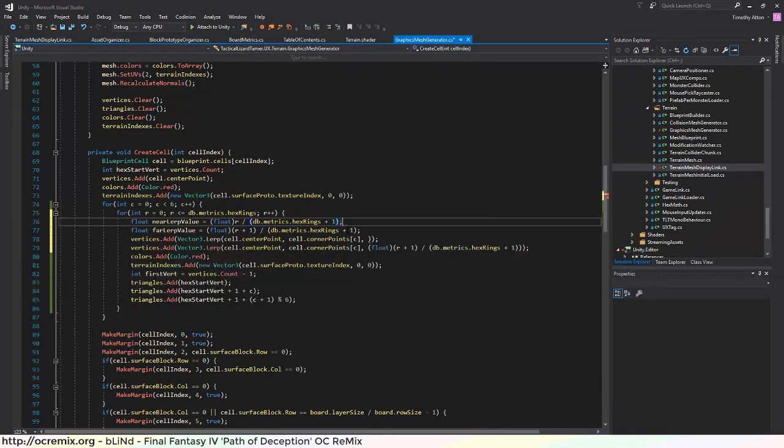Still need the parenthesis there. I guess it was giving me a red squiggly there because no semicolon. Okay, so